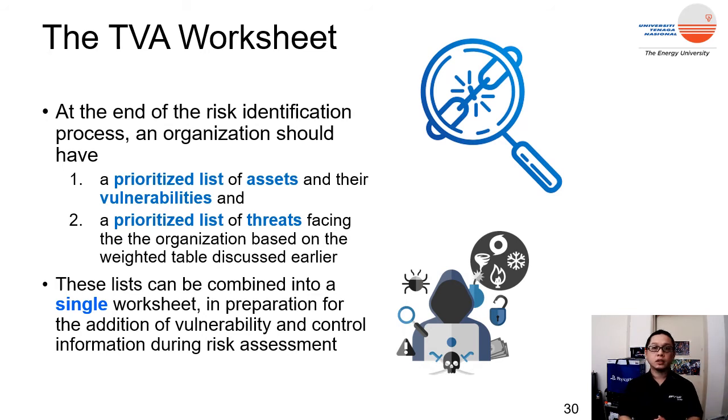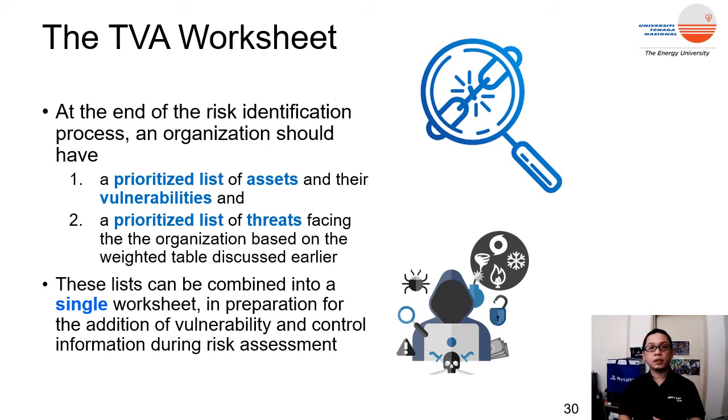So this is the objective of the TVA worksheet. You have the threat, vulnerability, and asset worksheet, which is the name TVA, the TVA worksheet. So basically, in a nutshell, it contains all the information with regard to the asset, the related threat,